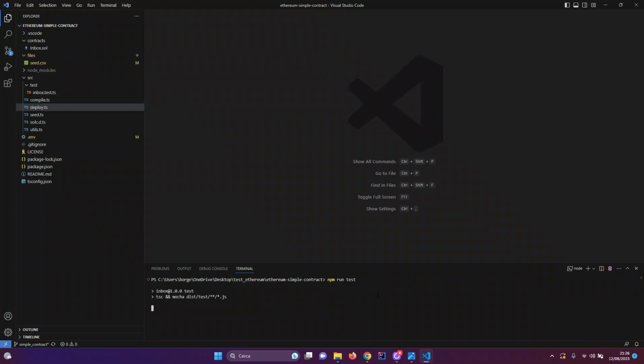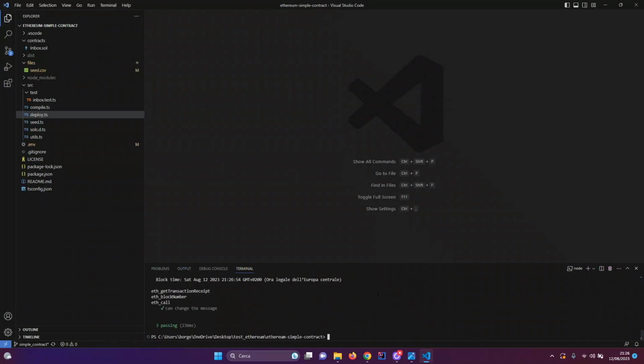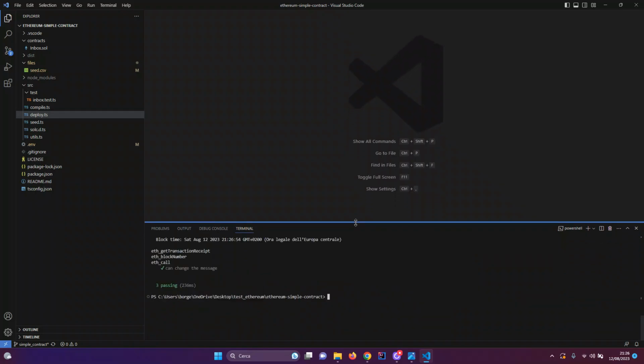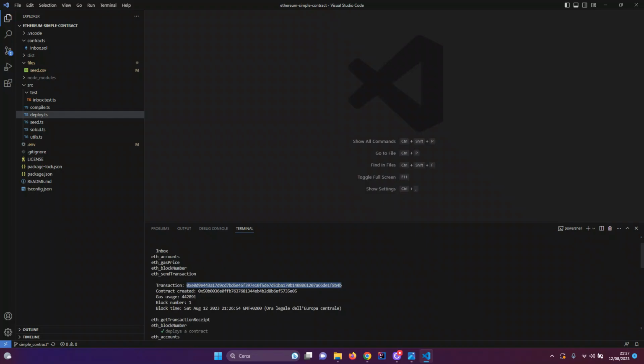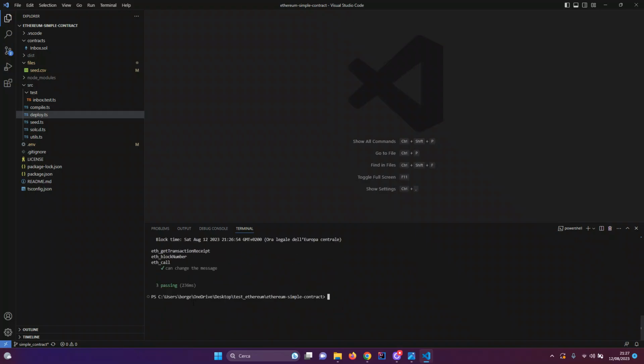And as we can see, the tests have passed. Here it gives some information about the transaction, the contract created, the gas used. So now if we want to deploy the contract to the Ethereum blockchain, we can run npm run deploy.